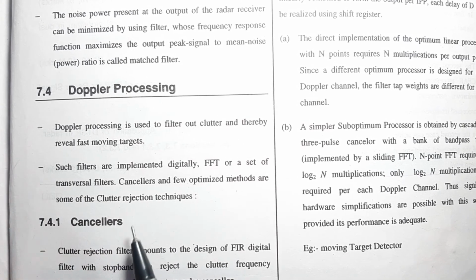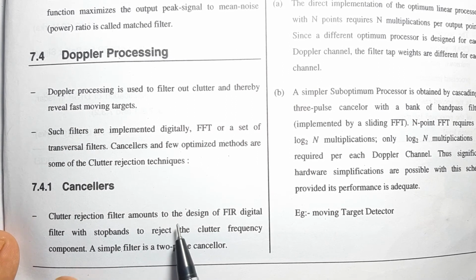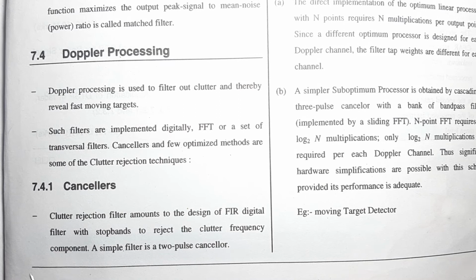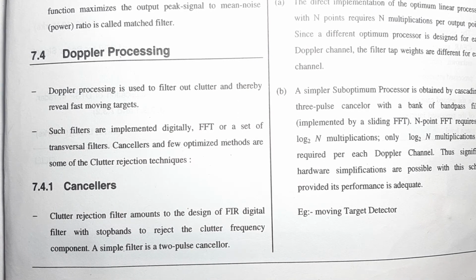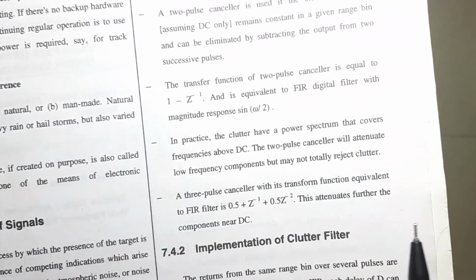Now, what do we mean by canceller? A clutter rejection filter amounts to the design of an FIR digital filter with stop bands to reject the clutter frequency component. A simple filter is a two pulse canceller. Now, if you look at the diagram over here,